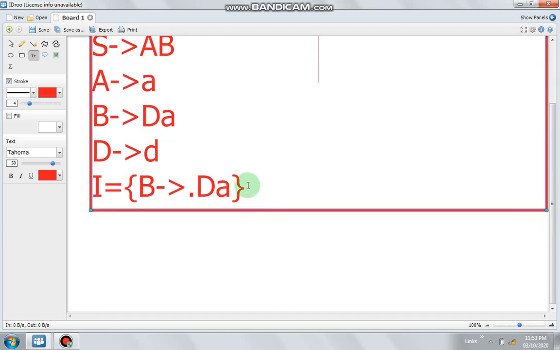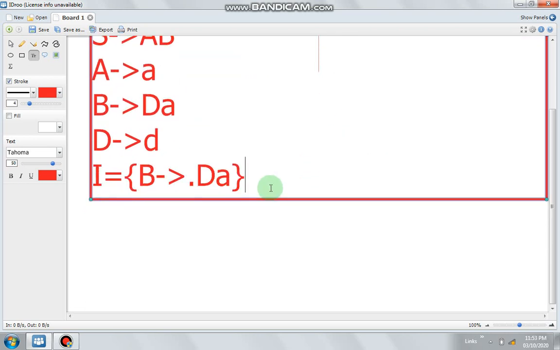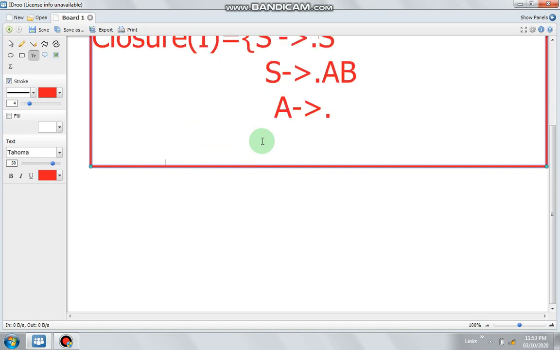So write down here S derives dot A B. Now you can see after the dot in this LR0 item there is again a variable A, so include production for A. So now A derives dot, what A derives, look at here, A derives small a.